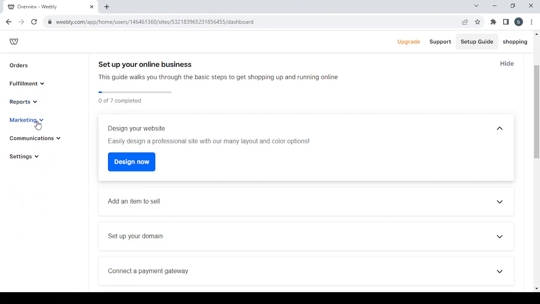Then we have the marketing section, where basically you can find every tool that is related to growing your audience, from the email to the automated ads, mailing lists, segment setup, and also the summary, where you can see the summary of all these tools. And then we have the communications section, where you have the email and text alerts, and also the pop-ups, messenger, and abandoned carts. And last but not least, we have the settings section, where we have the general settings, and